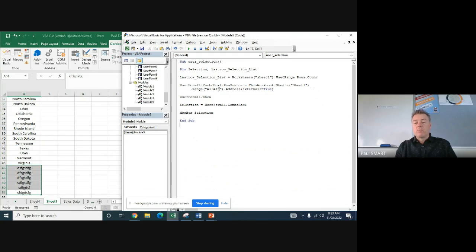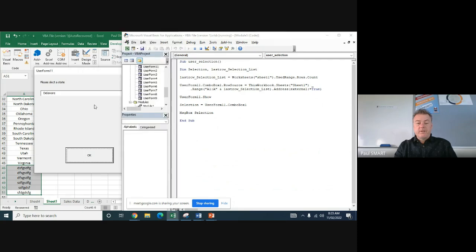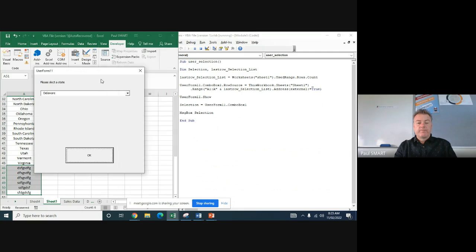Okay, so we know that that 45 is going to change. So we want all of this information first, which is the A1 colon to A whatever. We still want that to appear, and then we want the value of the last selection list, which is this last row count. So if we do that and we push play, okay, what are you doing to me? Okay, so if I push play, and this time I'm picking Ohio,